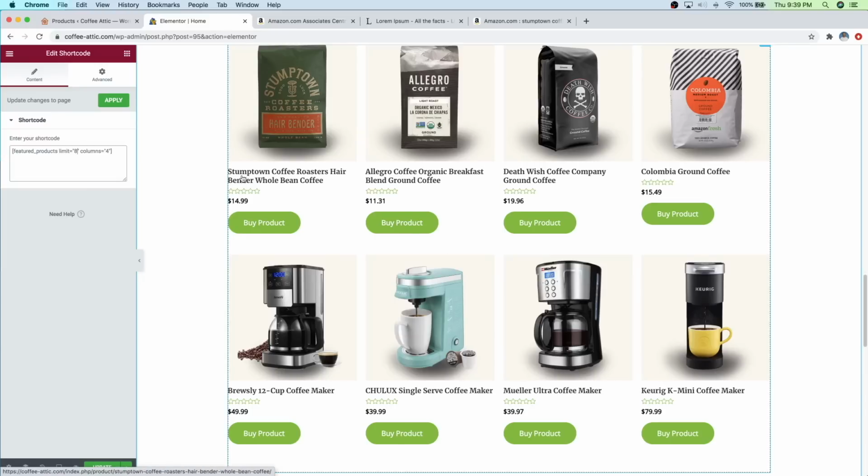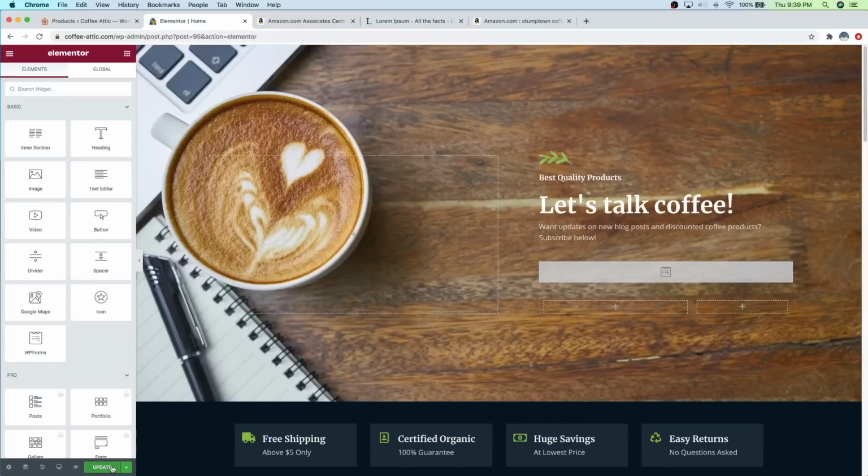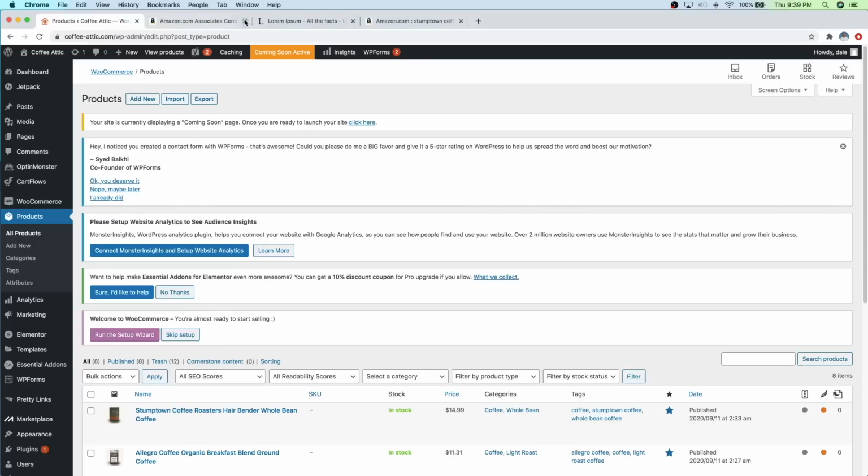So I'm going to go ahead and leave it like that. We've also got 4 columns. You can choose to do 3 columns or 2, whichever you'd like. But I think 4 looks pretty good. So I'm going to go ahead and leave that. So I'll just click on apply. And then we'll just click on update down at the bottom. And then we can just close out of this window. Cool. So now that we've got all of our products showing on our homepage, which makes it really easy for people to find them and click on them and buy,